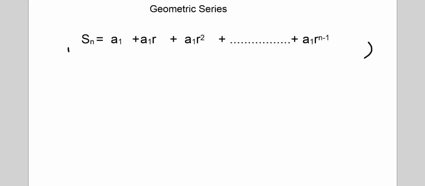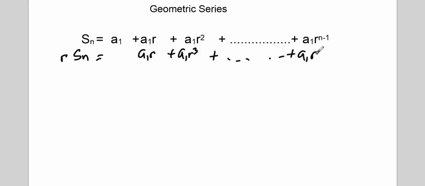So let's move on to a series, which is the sum of all the terms in a sequence. Now, Gauss played a big role in this as well, except he didn't go about switching the order of the terms and then adding them up and getting some new pattern. He had to go a little deeper. And in this case, he multiplied the entire series by the ratio r. Multiplying the first term by that ratio gets me the second term. Multiplying the second term by that ratio gets me the third term. And this went on for days till we got to that